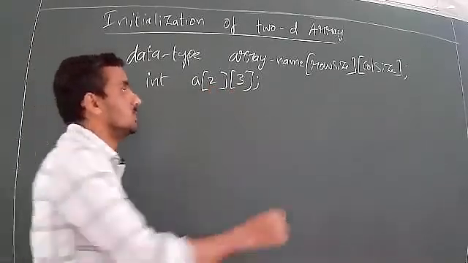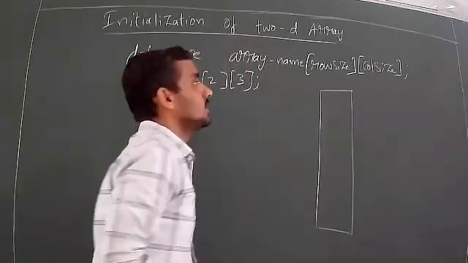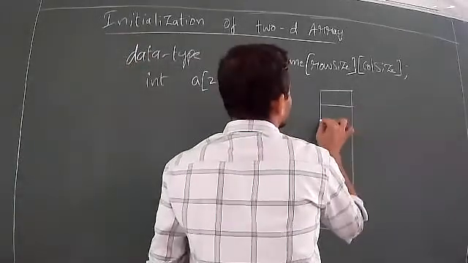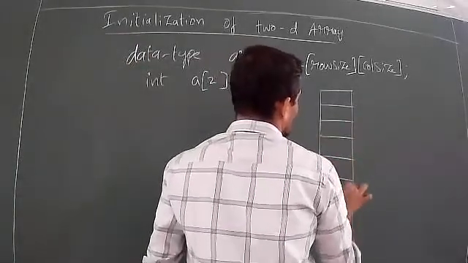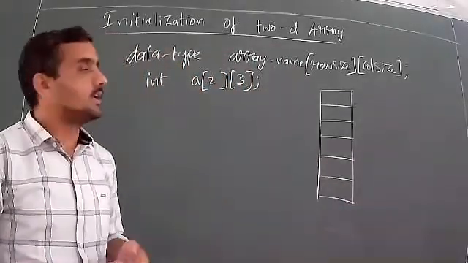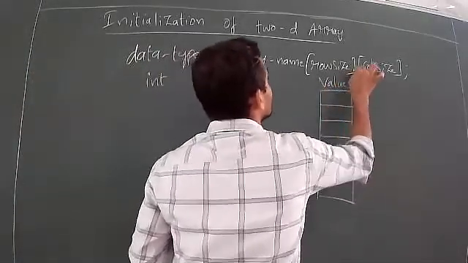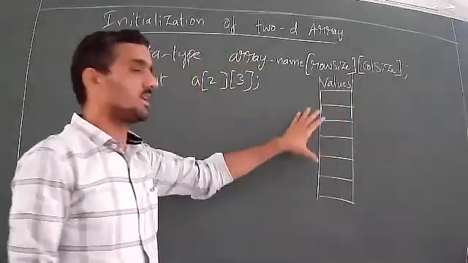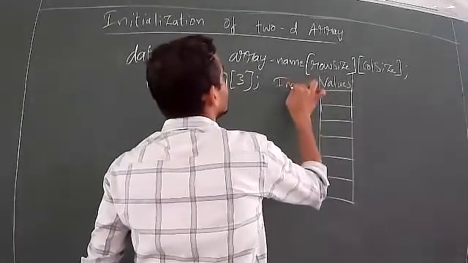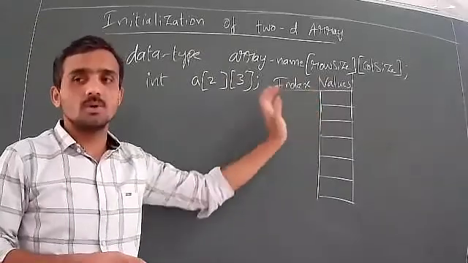So when it is 6 elements, in computer memory representation, we can consider that totally 6 locations will be there. Okay. So if I say like 1, 2, 3, 4, 5, 6, 6 locations will be there. Here you can consider these as the values, where we store the values. And these are nothing but the index pointer, or you can say subscript pointer, where it indicates the position of each element of the array.